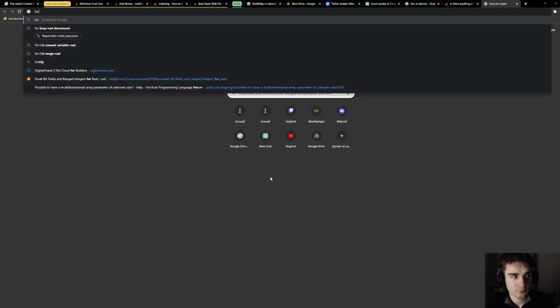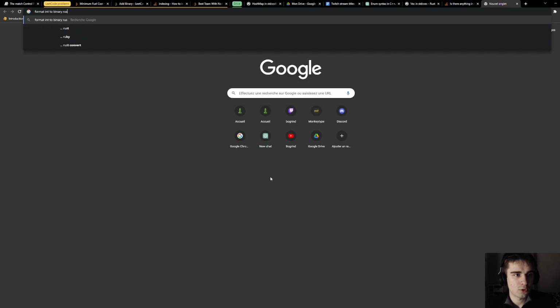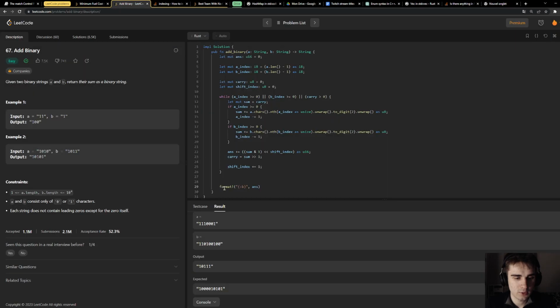Format into binary Rust without... What is my problem actually? I think it's because I have trailing zeros. Wait, what?